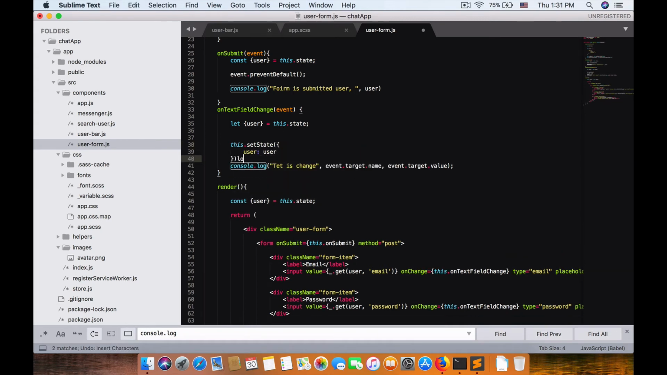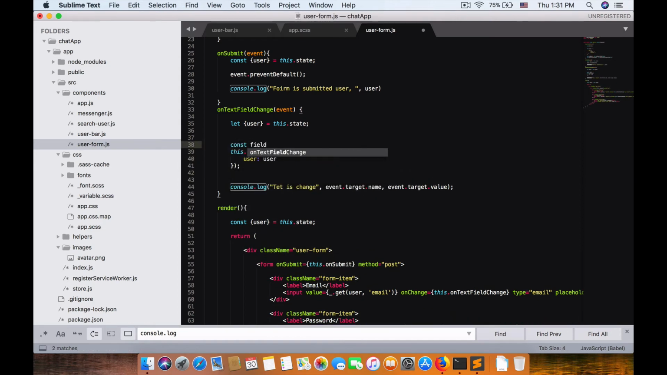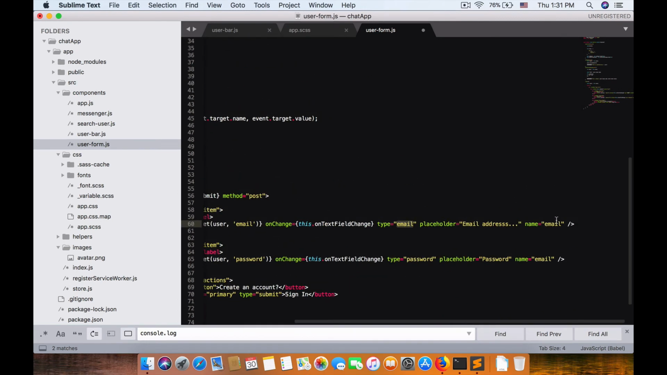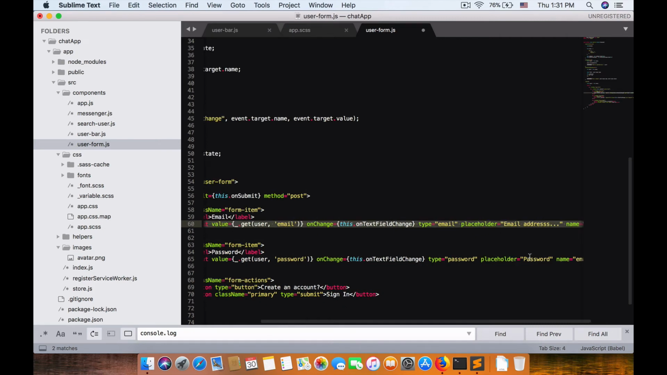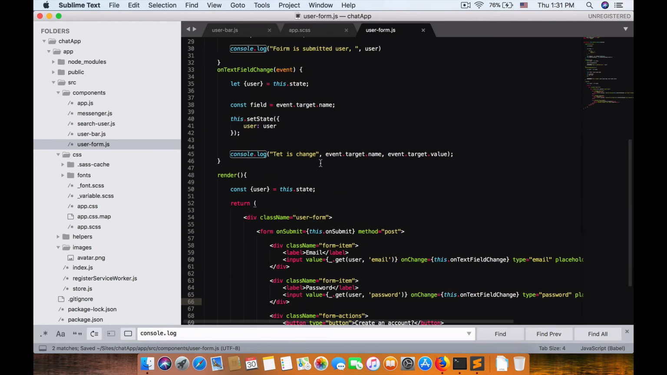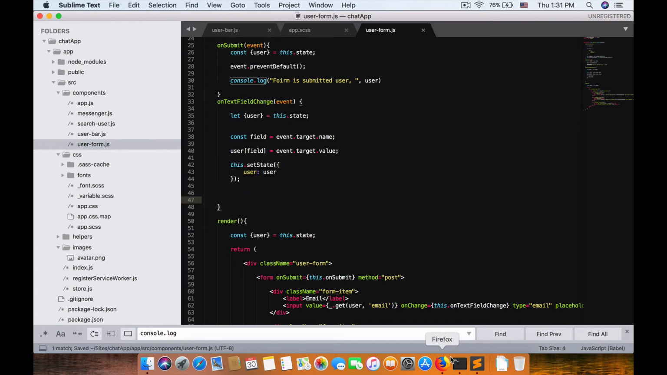So in this case, set state user equals user. And so we have to modify this user by field equal event.target.name. Right, exactly the name we set. Right, sorry, name should be here, right here. Email and password in this case. And so user field name equal event.target.value. Cool. So now remove this console, and